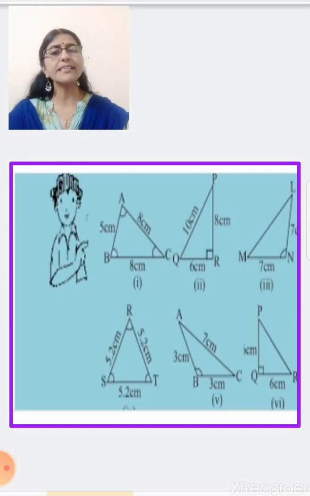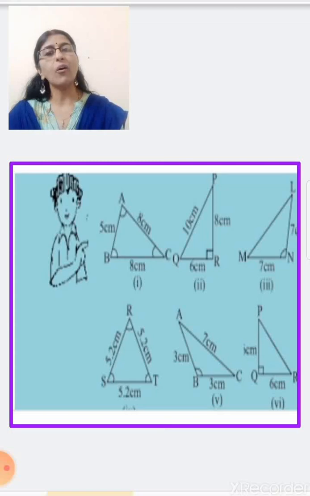Now second one, you can see one angle is 90 degrees. So angle is 90 degrees means right angle triangle. Now let us see the sides. You can see all the sides are different. One side is 10 centimeters, one side is 8 centimeters and the third side is 6 centimeters. So it is a scalene triangle. So how will we write it together? We'll write it as a right angled scalene triangle. You can write the other way also, scalene right angle triangle or right angled scalene triangle. Both are correct.